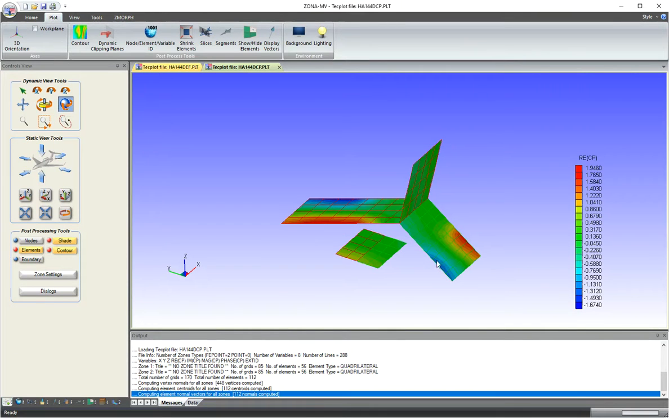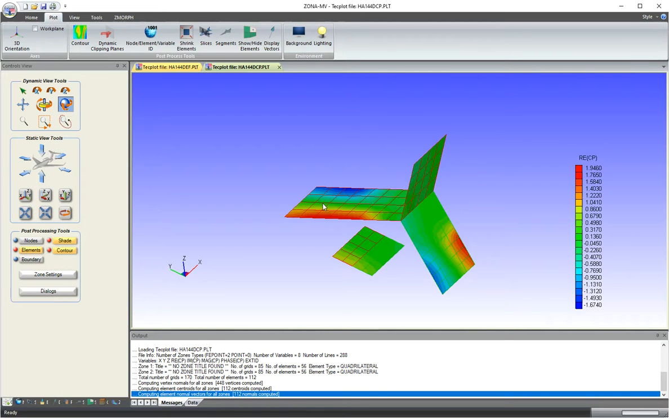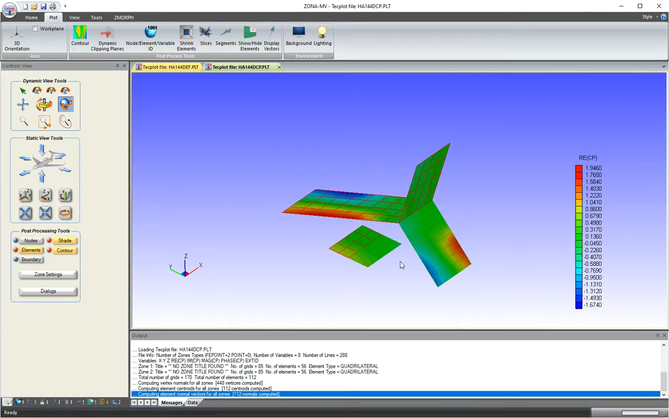So for this test case, a half model is set up in ZAERO so that each half of the aircraft is displayed in separate zones. So we observe here that the lines of this zone are red and the lines of this zone are green. So if we wish to have them all be the same color, we can go over